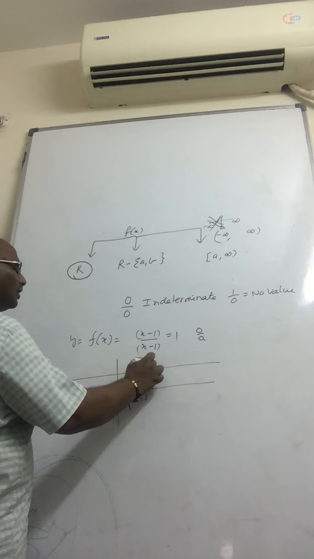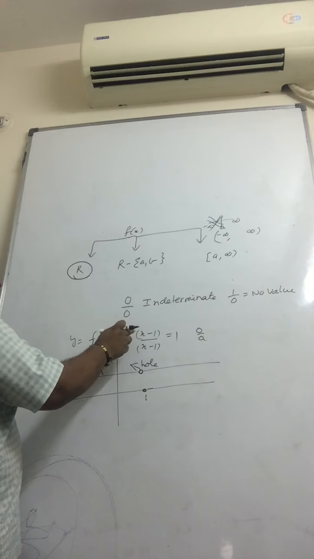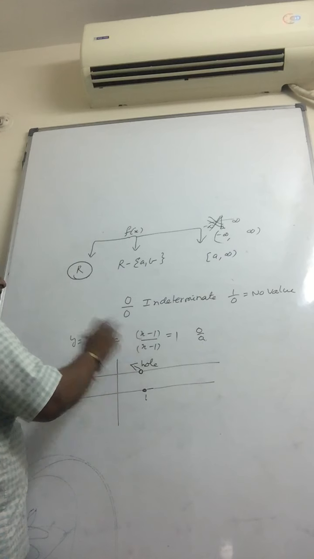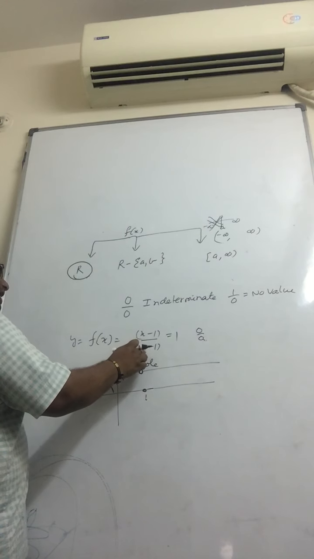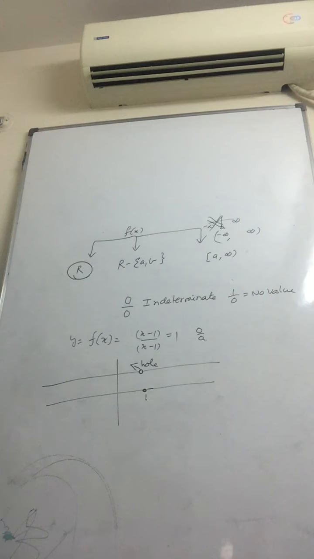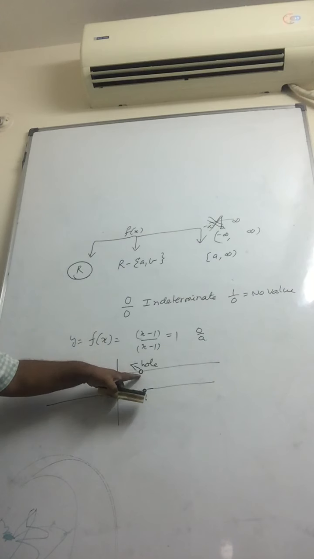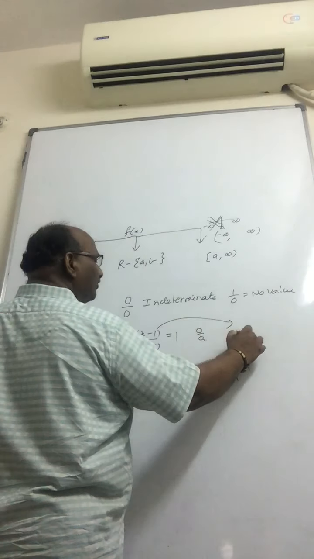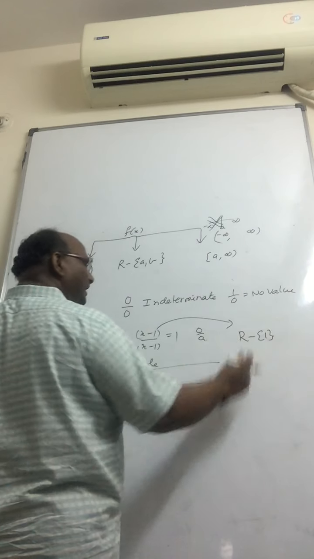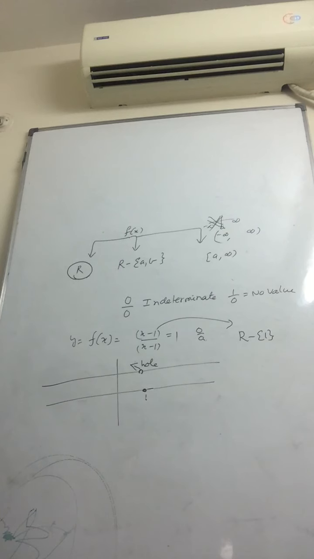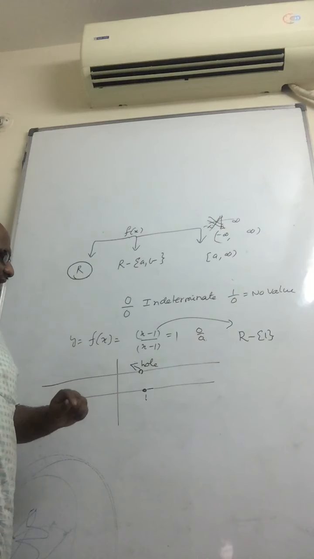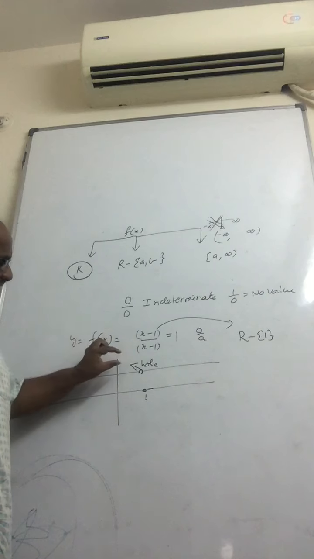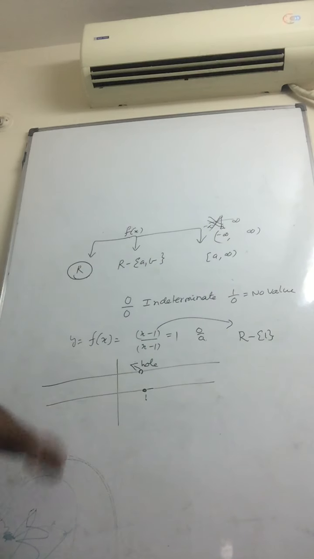This is called a hole. In a rational function, if both numerator and denominator have the same factor, for the corresponding x value we say the function has a hole. Hole means at that particular number we don't know the value, so we have to leave it. Since we don't know the exact value, that number we should not consider. So for this, instead of real numbers, we write the domain as R minus 1, because at 1 we don't know the exact value, so we leave a gap there. That gap we call a hole.